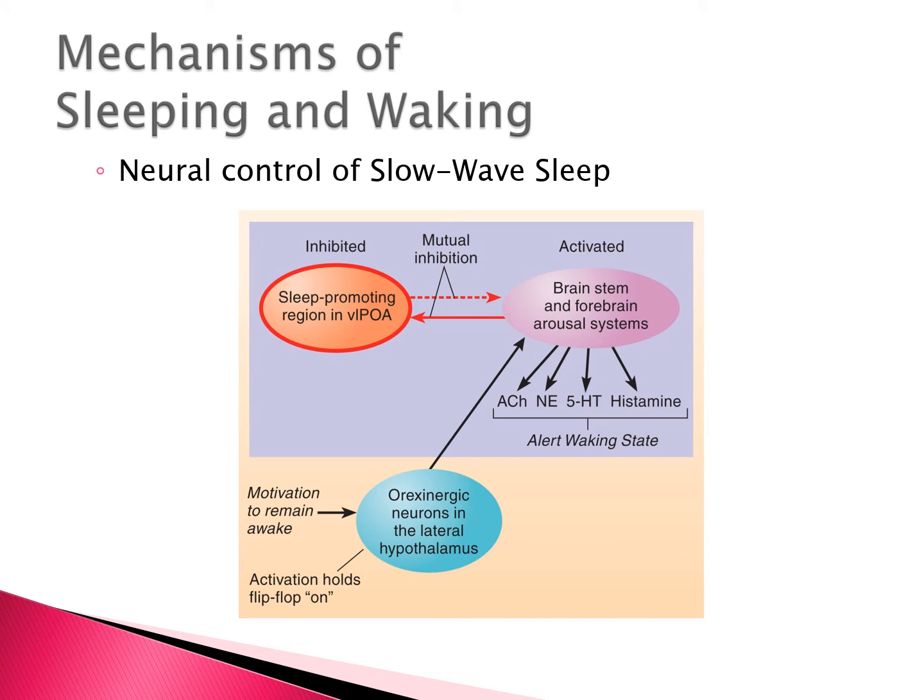And this picture is just showing pretty much the same thing that I just said, that all of those neurotransmitters that we've talked about as being really important for arousal, acetylcholine, norepinephrine, serotonin, and histamine. I'm actually going to right now ignore dopamine and glutamate, but those brain areas are getting excitatory activity from these orexinergic neurons in the lateral hypothalamus.